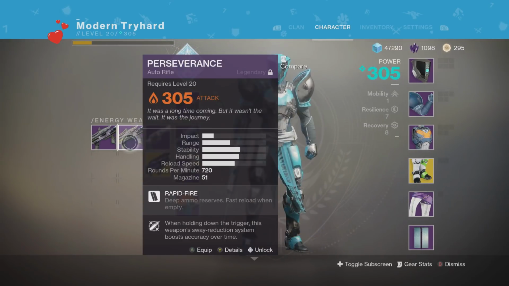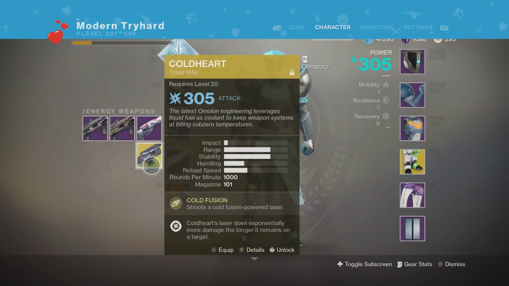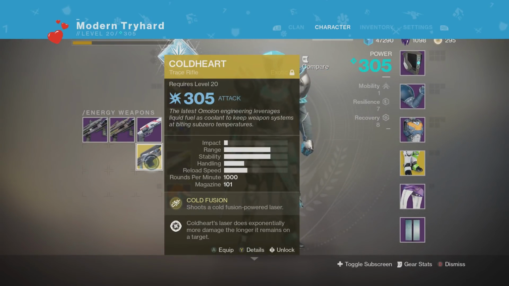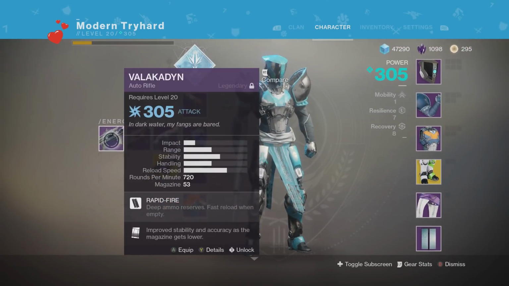You could also get the Main and Nain just from the Gunsmith as well. Another thing I definitely recommend using for Callus is the Perseverance or the Valakadon. Definitely use these weapons if you don't have the Cold Heart. Cold Heart is an exotic weapon that you got from pre-order in the game, which I believe becomes available in December. So if you don't have the Cold Heart, definitely use one of these two weapons, as they are really good